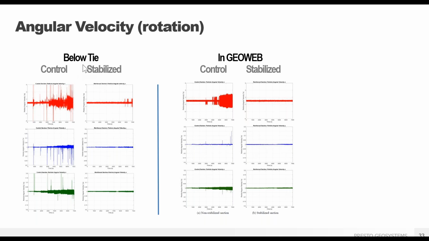You can see you're looking at two different smart rocks here. We had one six inches below the tie, six inches above the GEOB, and then a smart rock inside the GEOB. So you can see our control section here. Without GEOB stabilization, significant rotation and degradation of the ballast particles. Here, with the GEOB, reducing that stress on the subgrade, you get significantly less rotation and movement of that ballast particle. And then just inside of the GeoWeb, about 15 inches below the bottom of the tie, you're getting the stabilized section with the GeoWeb.